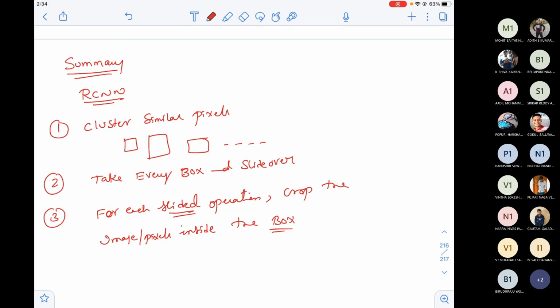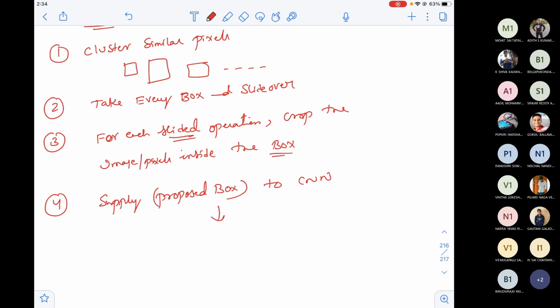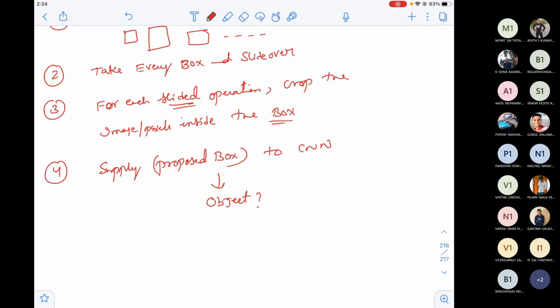Inside the box, you take that. Now supply the proposed box, proposed based on similar pixels, to the CNN. And what do you expect? You expect to know whether some object exists or not. Either you can do this directly by taking the CNN output.